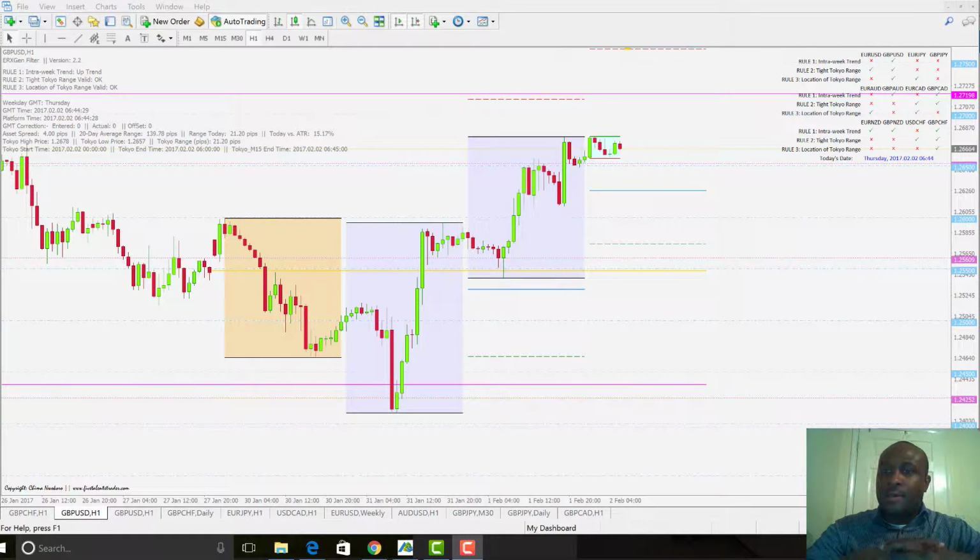Good morning. It's Thursday, the 2nd of February 2017, and going straight to it, today on the ERX Chain Breakout system, we've got two potential opportunities on the GBP USD and GBP CHF. We have seen in the past 2 days GBP making bullish gains, and right now we have